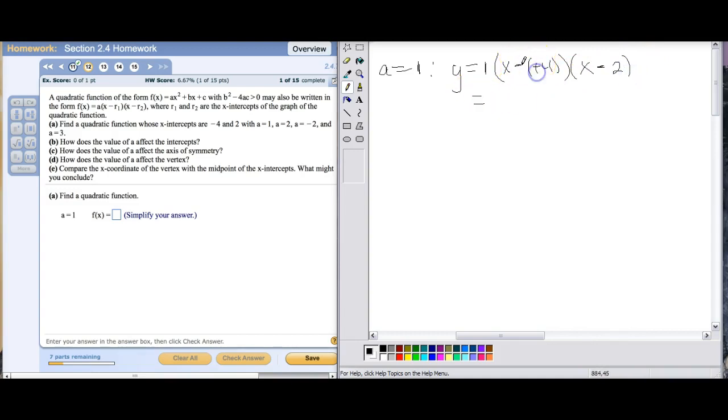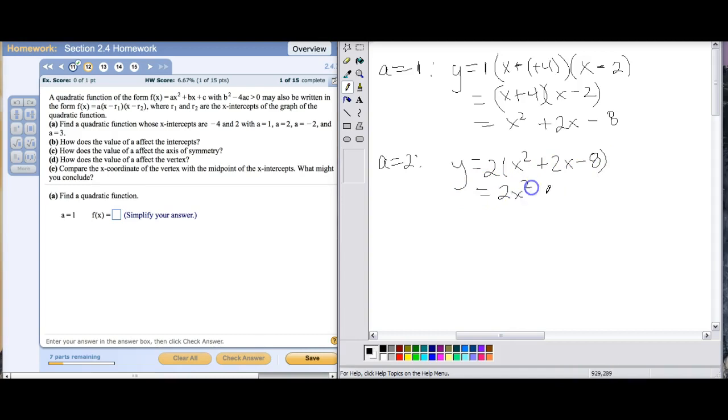And so we know that subtracting a negative is the same as addition. So we end up getting x plus 4 times x minus 2. And if we FOIL that out, we end up getting x squared plus 2x minus 8. And so if we move on to a is equal to 2, then what's different is instead of being multiplied by 1, now it's being multiplied by 2. And so that would just be 2x squared plus 4x minus 16. If a is equal to -2,